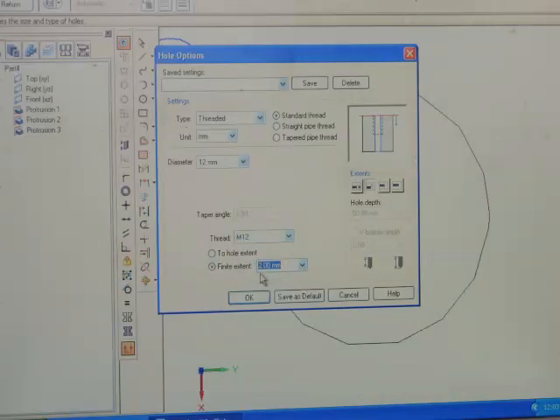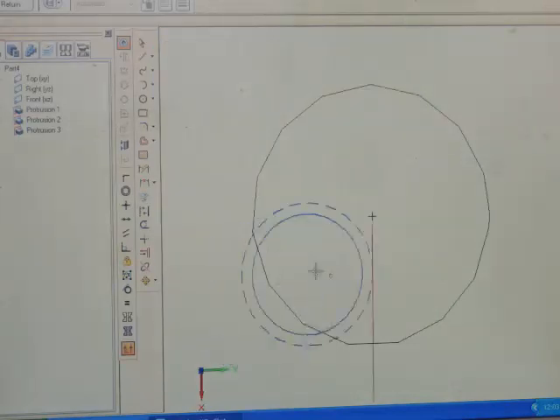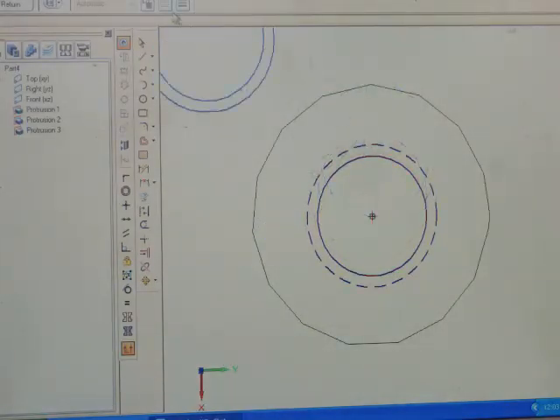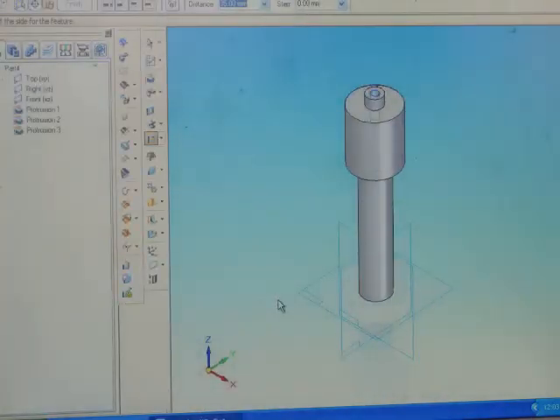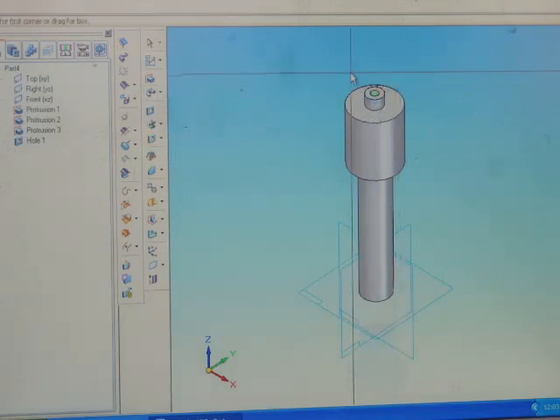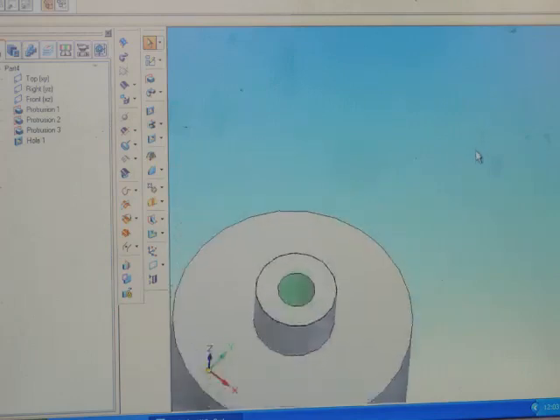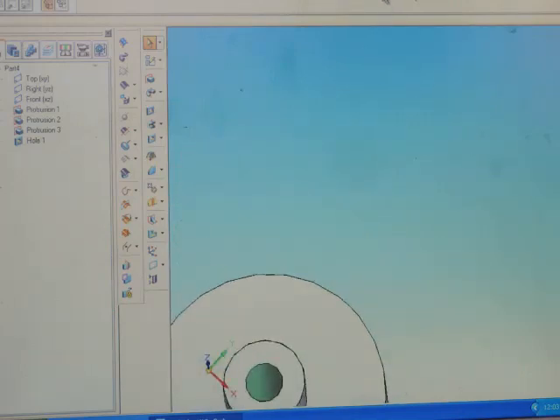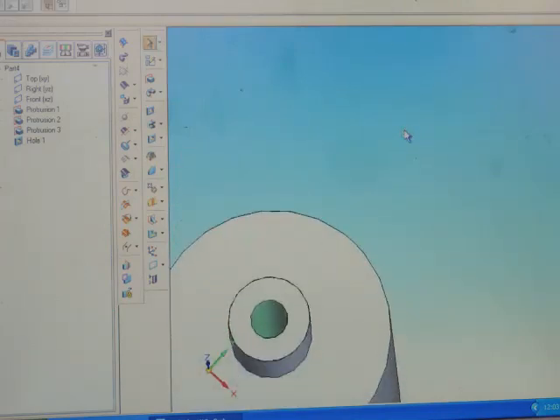So that finite extent is 30 mm, and the hole depth is 35. Next, the V bottom angle. There are two options here. Select this one. OK. Place it in the center. Return. Downwards, finish, cancel. See here, this portion is threaded.